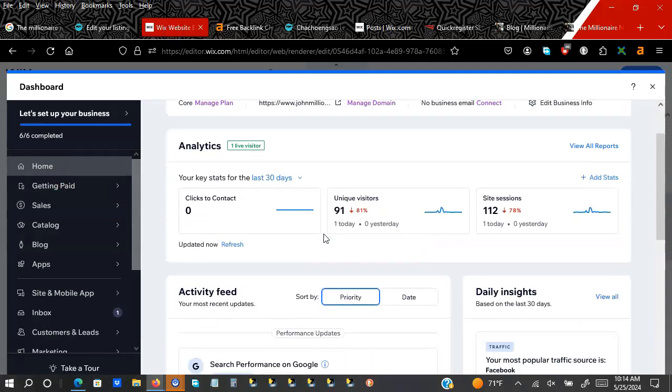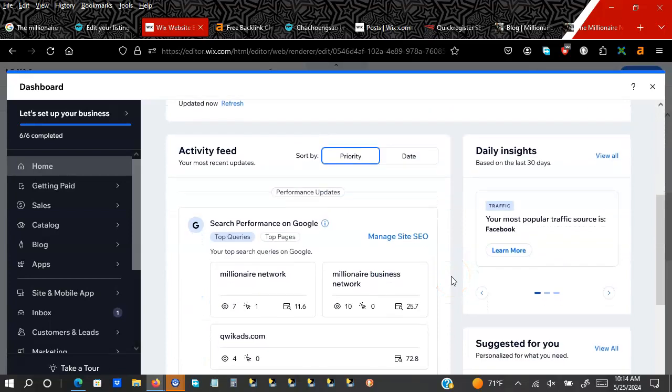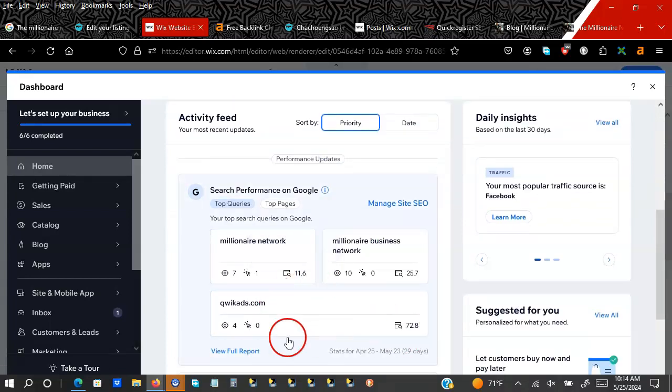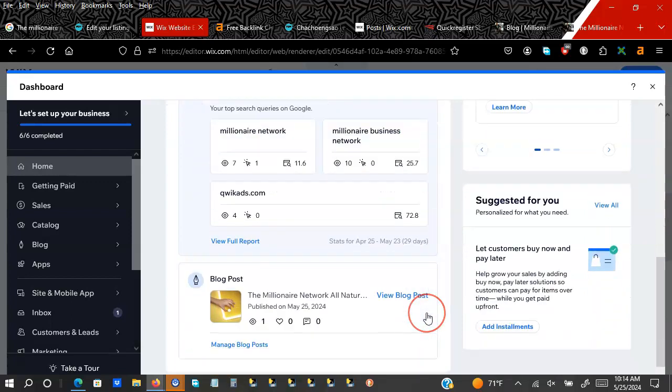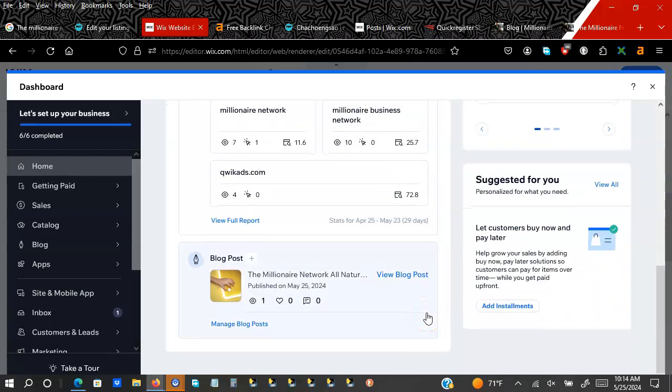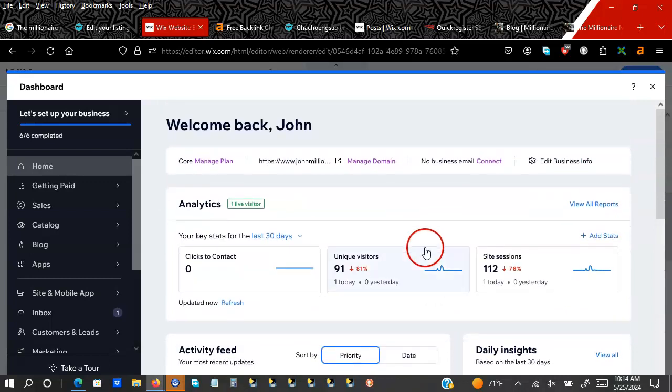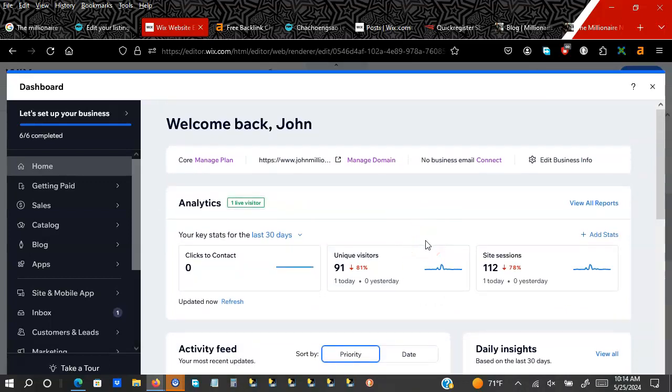Here's some of the analytics. Remember, this is a dummy site. I just make templates, and I'm already getting traffic, and we're already ranking on pages. Look, on this page, should I go over traffic? No, I should keep it about the blog. All right, so that's basically it about the blog.